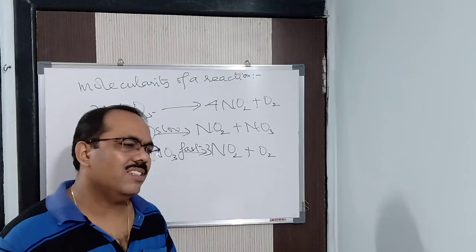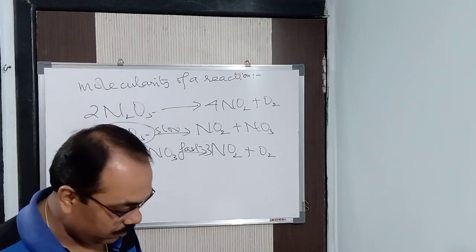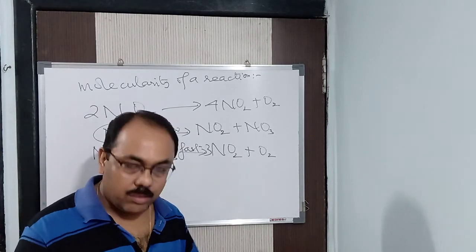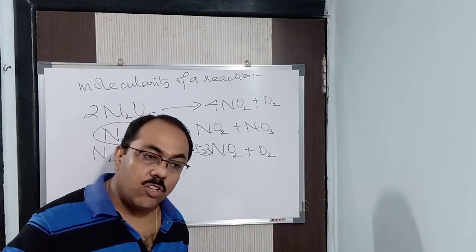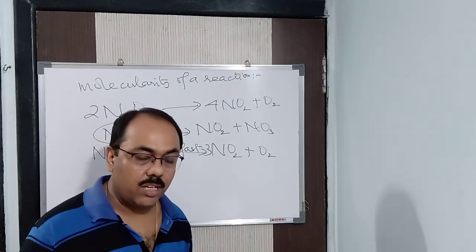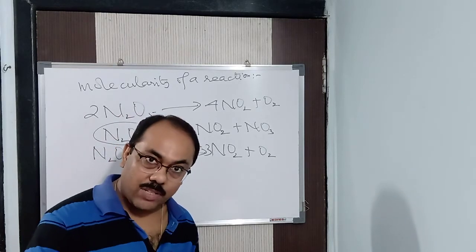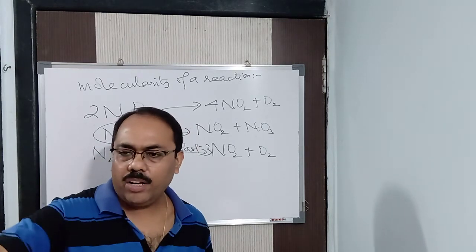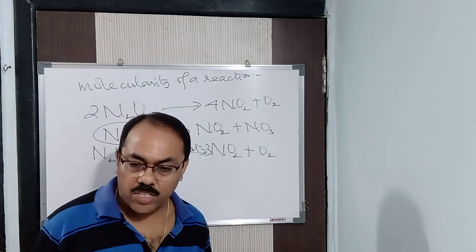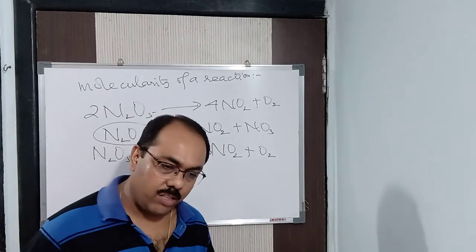Now you might be thinking, sir, why is he concerned with the slow step? Let me give you a very interesting example. Suppose a cycle factory is there. We are producing different things: the rim of the cycle, the handle, the paddle, the spoke. In different units, in different places, different things are being produced.